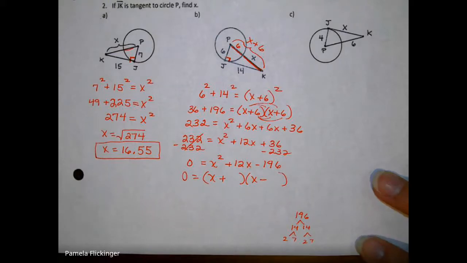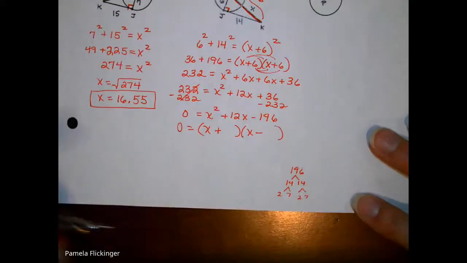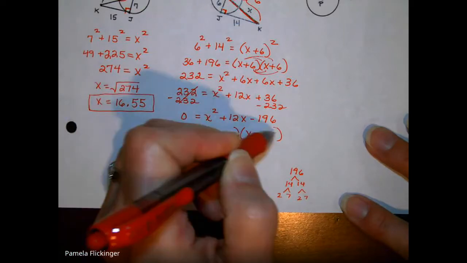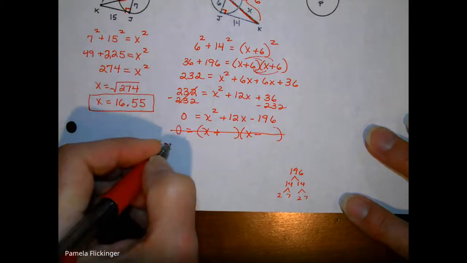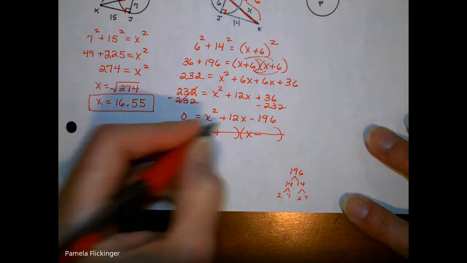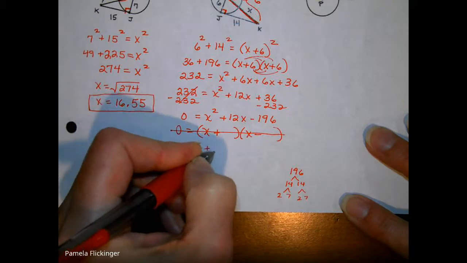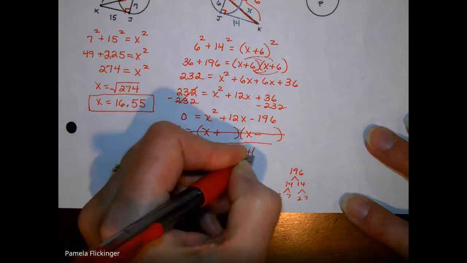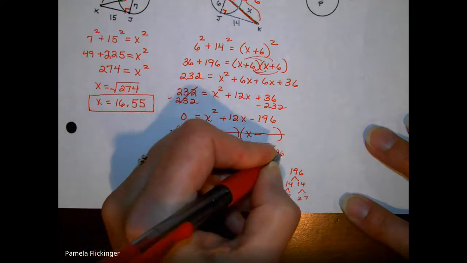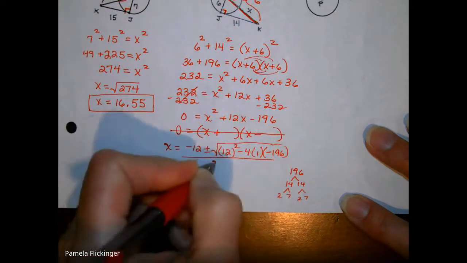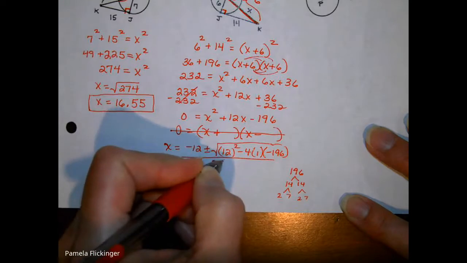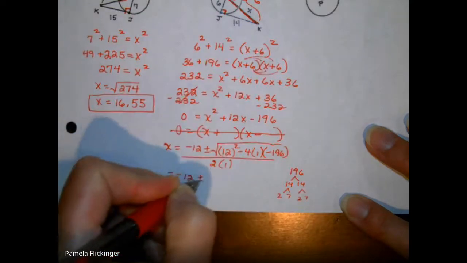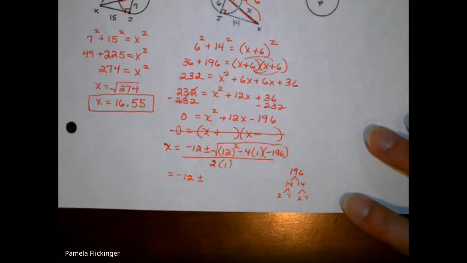When you can't factor it, the other way to do it, because for some reason I'm having what I call a brain fart, we do the quadratic formula. So very quickly, I'm going to do opposite of b plus or minus the square root of b squared minus 4 times a times c all over 2a. So we've got negative 12 plus or minus 144 minus